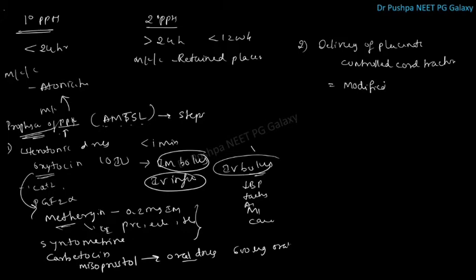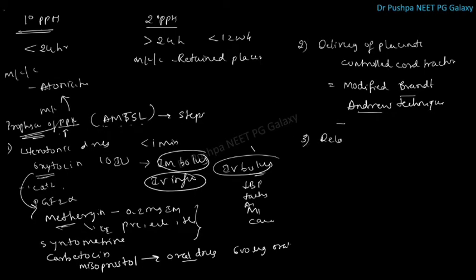By this method we use the left hand to give traction on the uterus, on the abdomen, and with the right hand we twist the placenta and by continuous rotation remove the placenta. This is called the modified Brandt-Andrews technique, the controlled cord traction. So what is the next step?